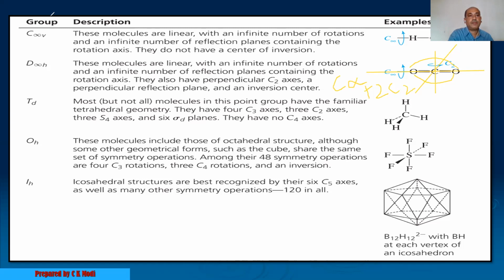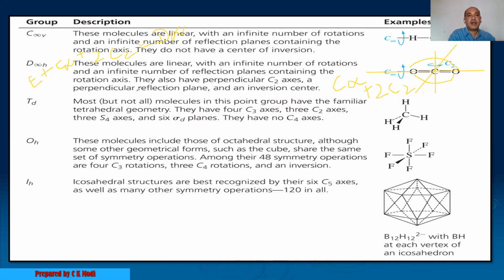So in that molecule, E is present, plus C infinite is present, plus C2 is also present. The point group, we can say, is D infinite. Okay. Along with this,